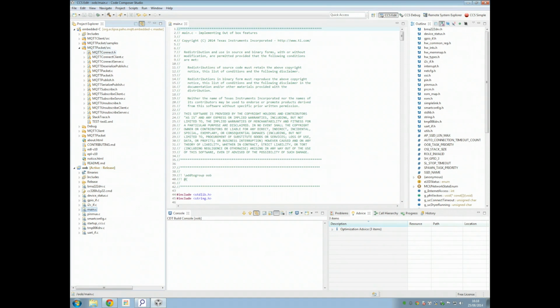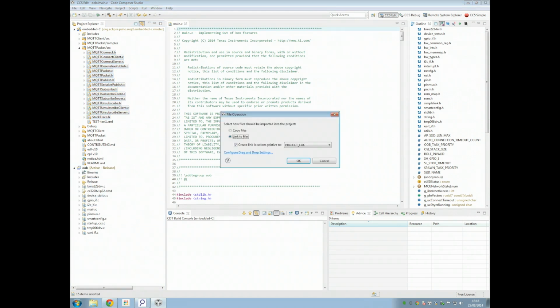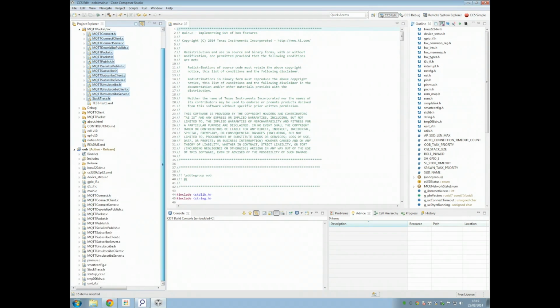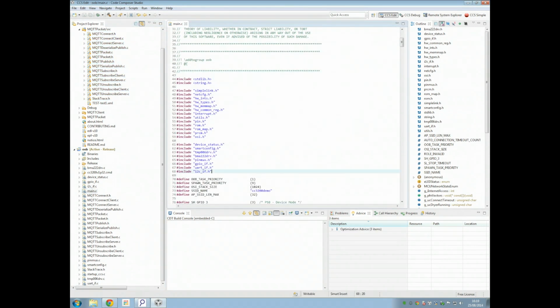So the first thing I want to do is take all these sources in the MQTT packet/src project and drag them. I'm also pushing the control button, so that it's actually a copy and not a move that happens behind the scenes. I want to copy the sources and link them in the OOB project. All right, so now hopefully I will be able, from main.c, to do things like including MQTT related stuff,